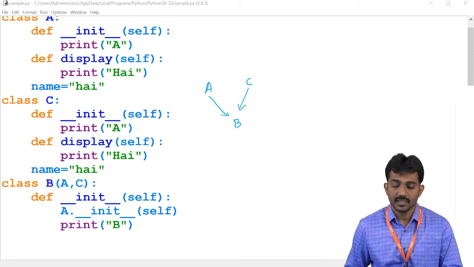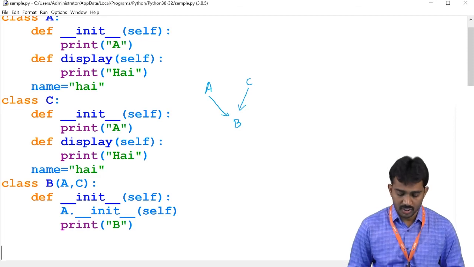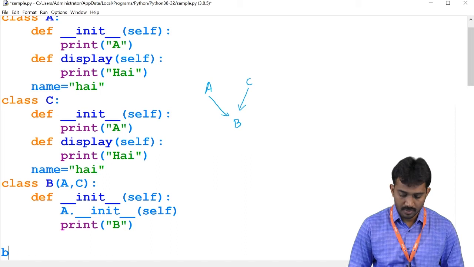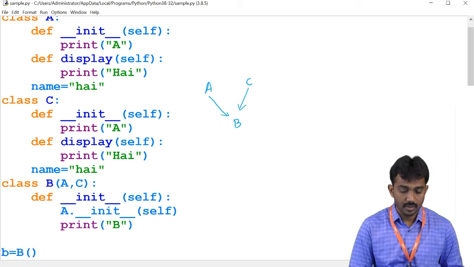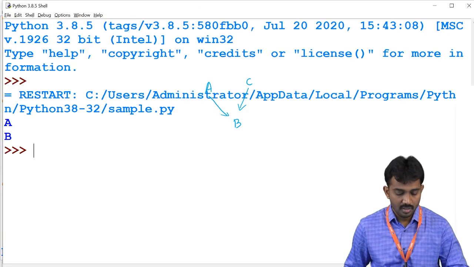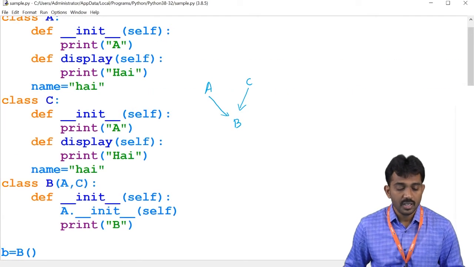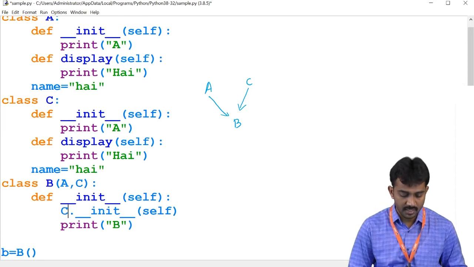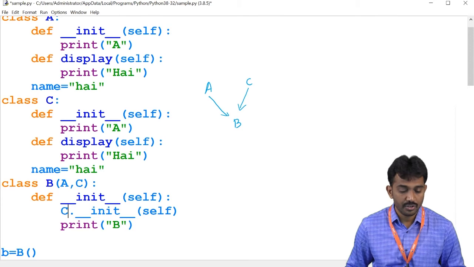Let us create an object, B equal to, and just run it. A and B, because here I call that A, right? Then if you write C here, and here also I need to change, right?